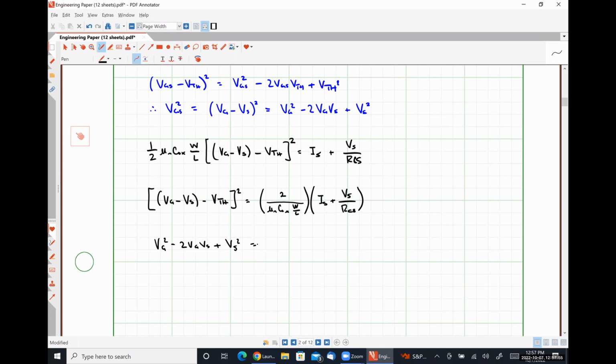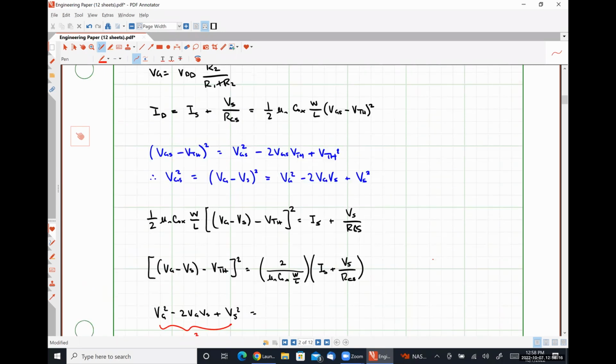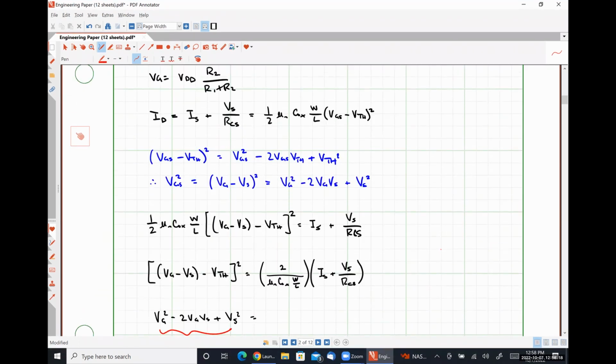Because when I multiply this thing out, I should be getting a threshold voltage term, right? So what I have right here just represents the VGS squared bit of this. I still should have